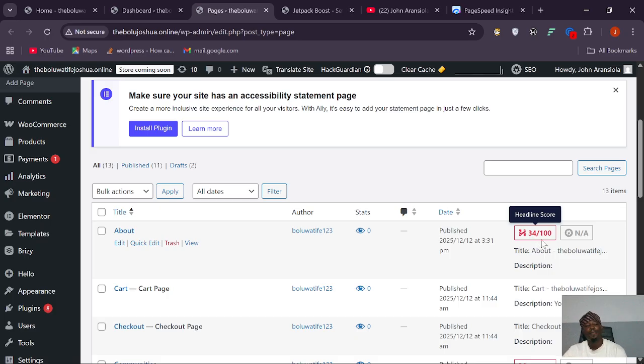So what I will be teaching you guys is how to get your headline score from red to green. The best result is the one where you have 80 and above, and for this, the best result is where you have 90 and above. That's the best result. And I want you to keep in mind that there are some pages where there's no way you can do the SEO analyzing of the headline score. The headline can never, sorry,